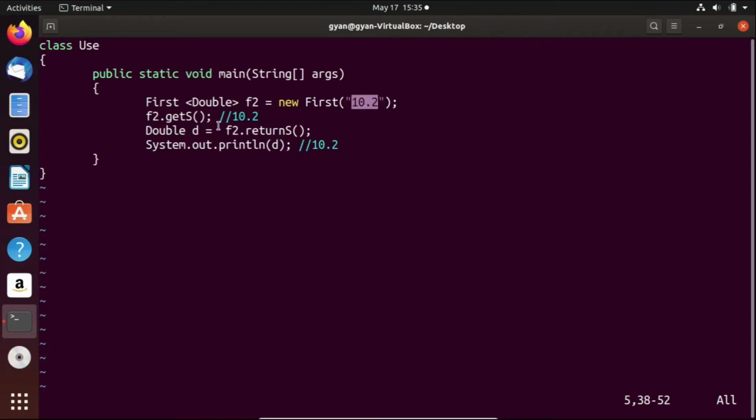Therefore, the compiler will first typecast the value returned by the returnS to string and will try to store the string data type into the reference variable of type double, which we cannot do. Therefore, at runtime, the JVM will throw an error that string data cannot be stored into the reference variable of type double. Let's try this code.